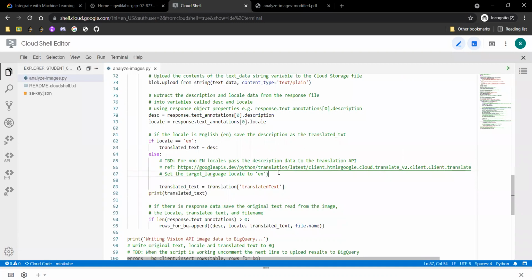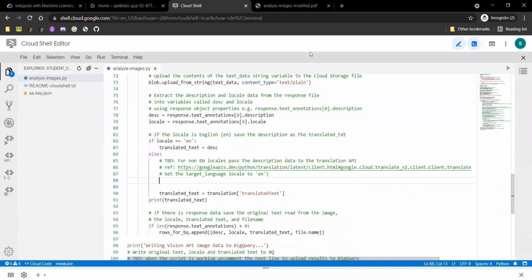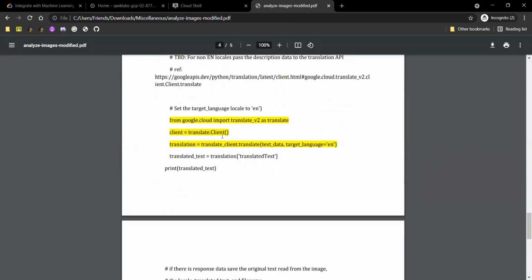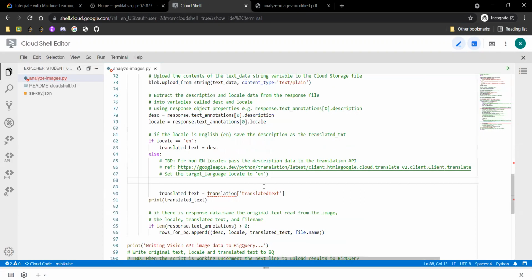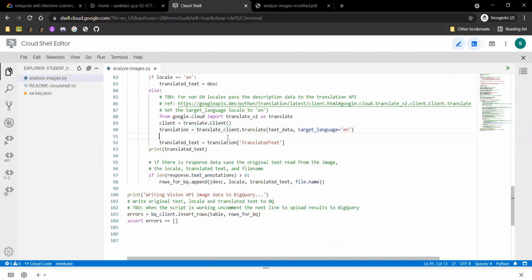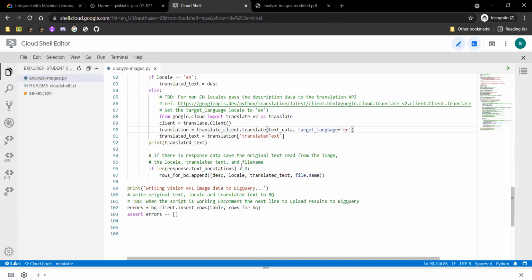And now we need to do some changes here. So all the changes are made. Simply press Control S to save the file and come back to the terminal to run your script file.